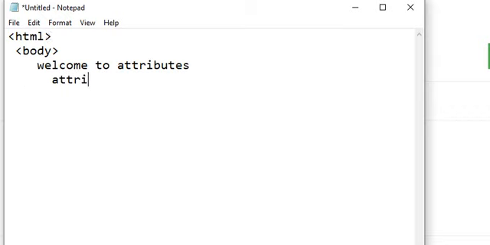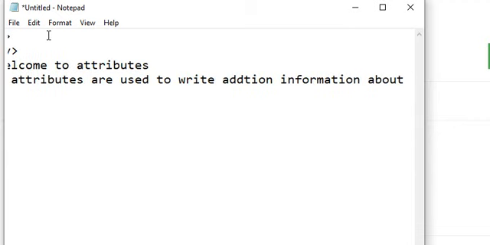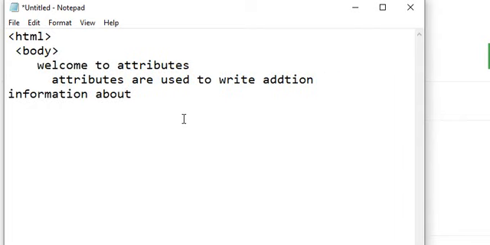What is meant by attributes here? Attributes are used to write additional or extra information about the tag.